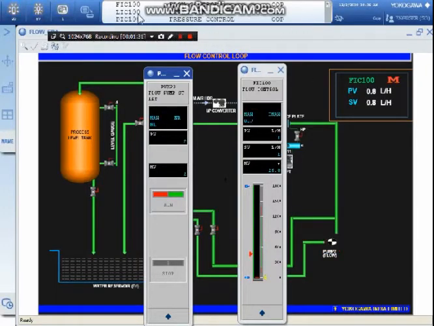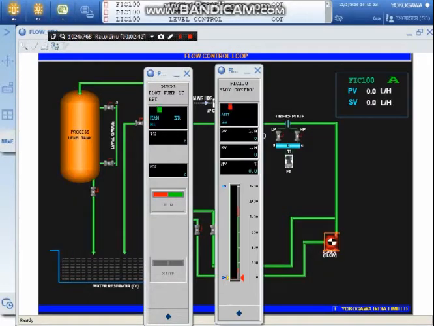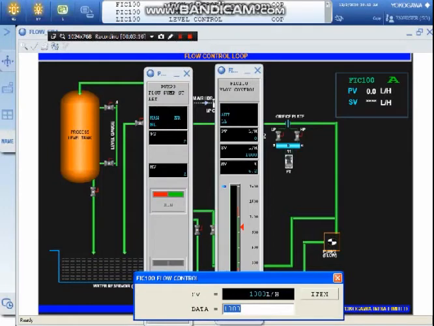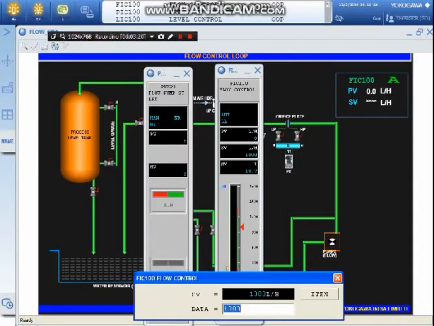You can see that the flow pump is started, pressure control is going on, level control is on, it is in operation. Now we are doing the flow control, flow control is in operation. Like that we will get all the reading alarms. We will also take the tuning parameters from the faceplate. Now we are changing the flow. We were already giving 800. Now we are changing the 800 into 1000.